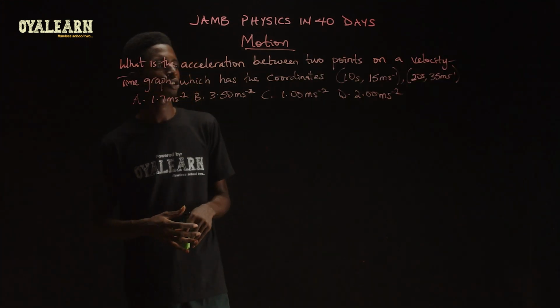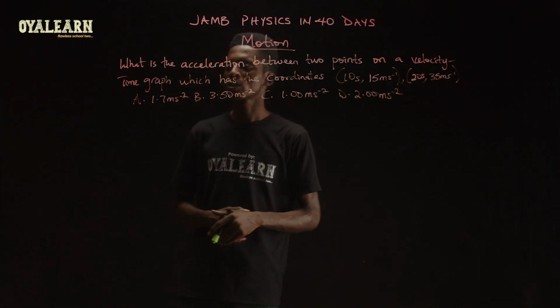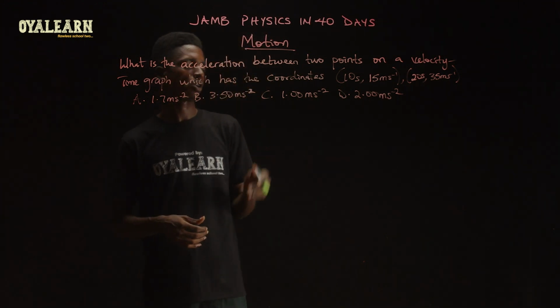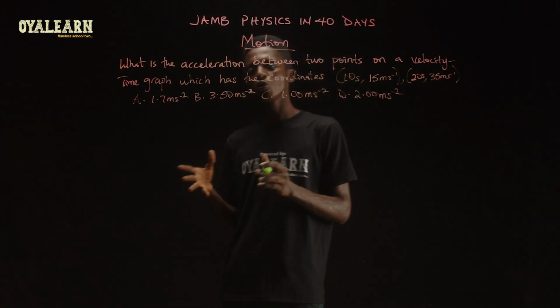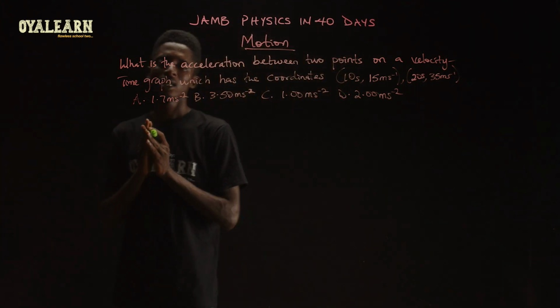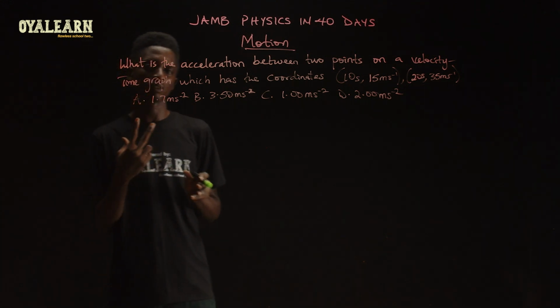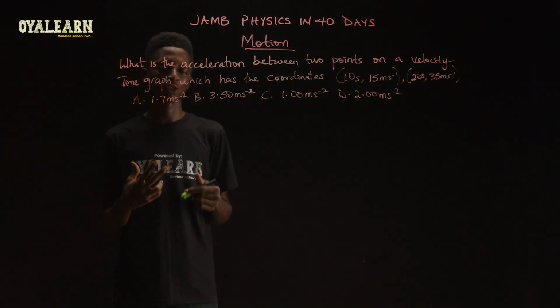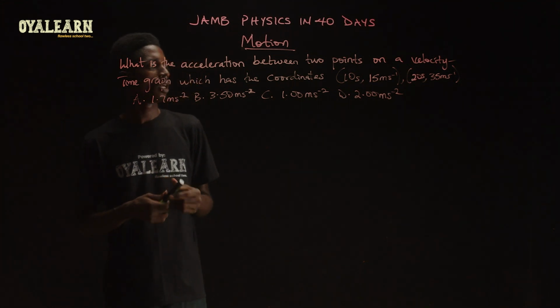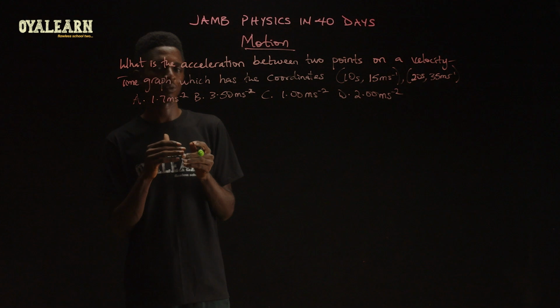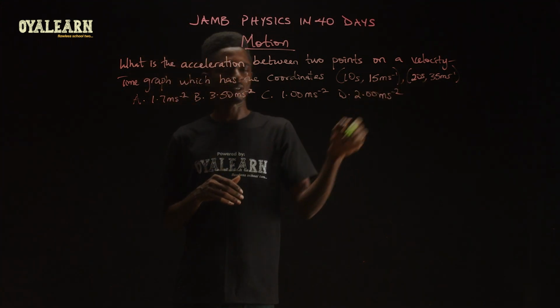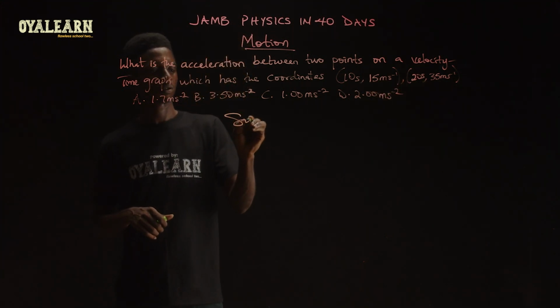What is the acceleration between 2 points on a velocity time graph which has the coordinates? Now we're given these two coordinates. Now one thing we should know from velocity time graph is that the gradient of any portion of the graph gives you the acceleration within that point, right? So if these are the coordinates of the 2 points, to find the acceleration, we therefore will find the gradient of these points. So solution,